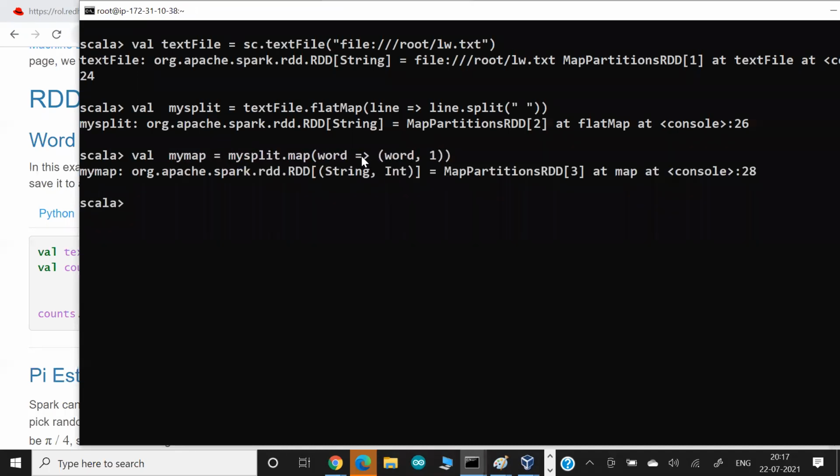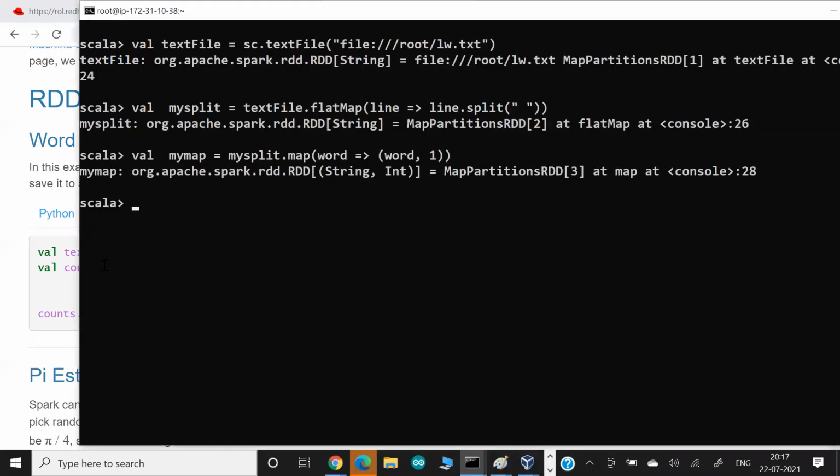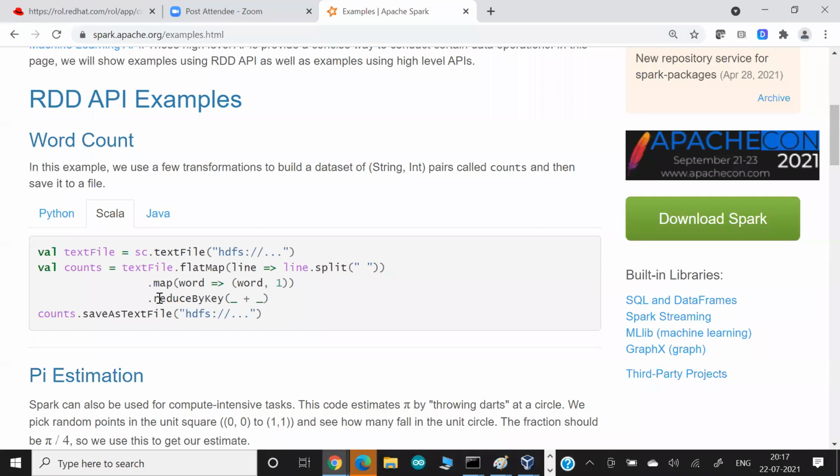Okay, and finally I will do all lines number come up, so I will take hello, hi as a key, and all the number I want to count. For example, if you count here hello comes 2 times, so the final hello output would be 2, hi output would be 1. This concept is called reducer. And for this we have a reduceByKey function available.